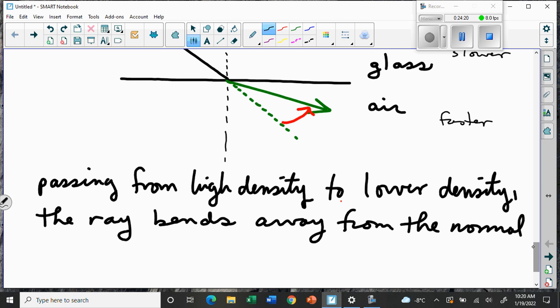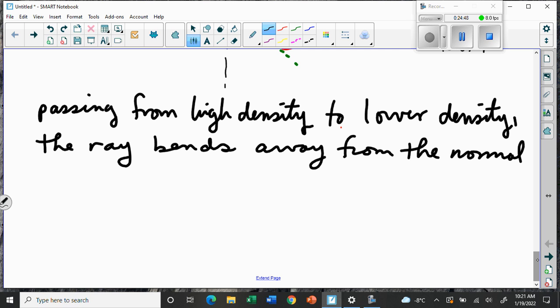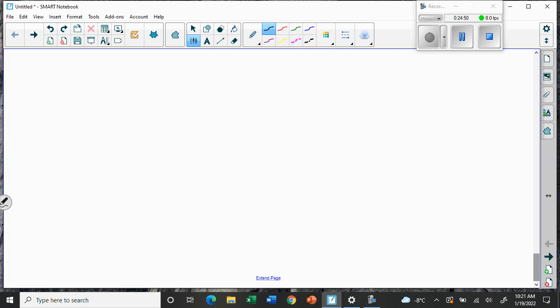Okay, so now, how do we figure out what's faster and what's slower? That's kind of the next step. If we know what the light is going to do, we kind of have to know which things are faster and which things are slower. How would we know, right? Is light faster in glass than it is in water? Or is it slower? I don't know. What if you passed light through a solution of alcohol? Is that fast or slow? Hard to say. So what we need to do is find a way to determine how fast things go. So the speed of light